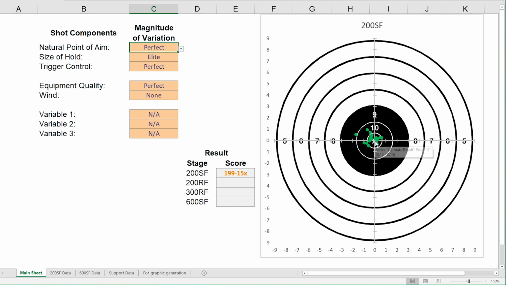Now, our hold will vary left, right, up, and down, and then based on that hold, our trigger control is perfect, and our equipment is perfect, and there's no wind. So in this case, what we're looking at is what would happen if we had an elite hold, or an elite shooter hold, and perfect everywhere else. What would that group look like if we were able to just isolate the size of the hold and adjust this? So we could change that to, say, an intermediate shooter or a novice shooter